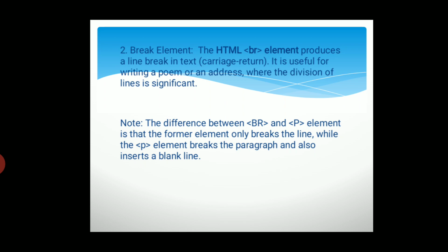Okay, how are they different? The P element will break the paragraph, and it will also insert the blank line, because a paragraph means 2 or 3 lines, right? So the paragraph P element is doing two jobs, that is breaking the paragraph and also inserting a blank line. But the BR tag will only insert the blank line. Okay,